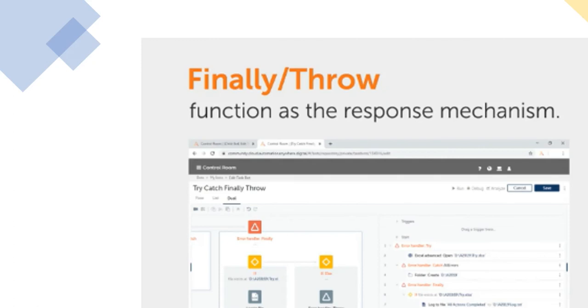So how do finally and throw work? Each and every function inside 2019 has a response mechanism for errors through finally and throw. Throw will throw the error, just like throwing a ball. It will throw whatever error is happening when we are debugging. But finally is the function that will take it as a response and update on it.